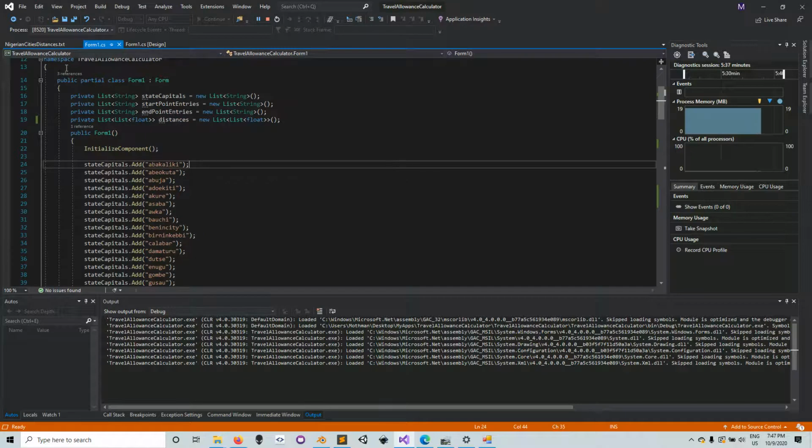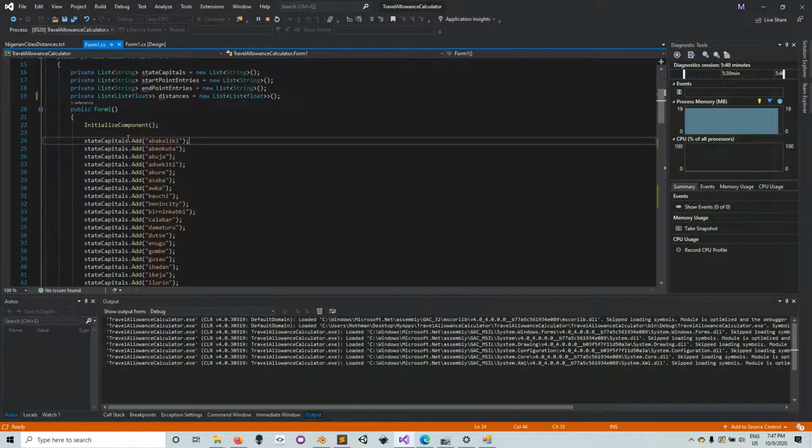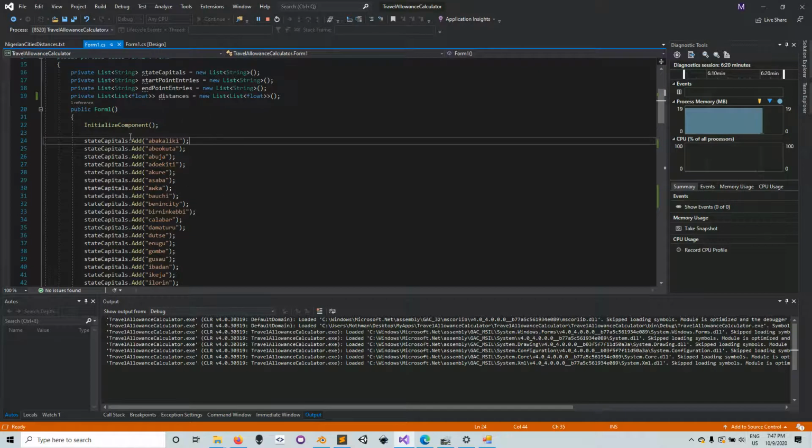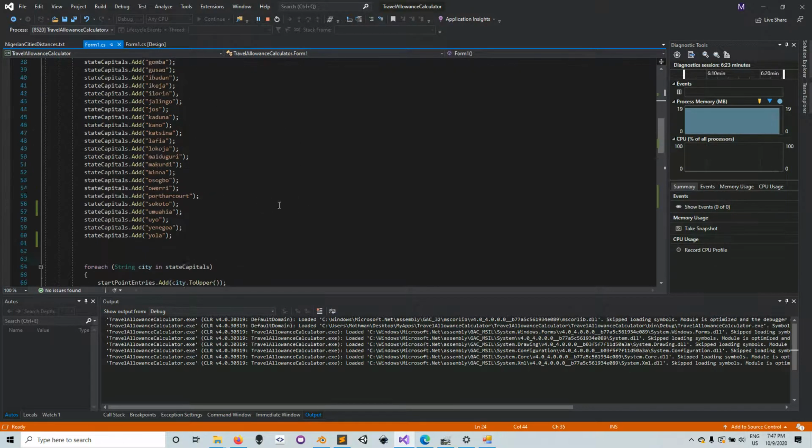All you need to do, if you want to find the distances between cities in the United States using the same program, is take out this Nigerian cities distances.txt and replace it with a USA cities distances.txt. That's if you create another text file that has the USA cities distances. You can also do it for other countries, right? What I mean is, you have a universal program that can calculate travel allowance